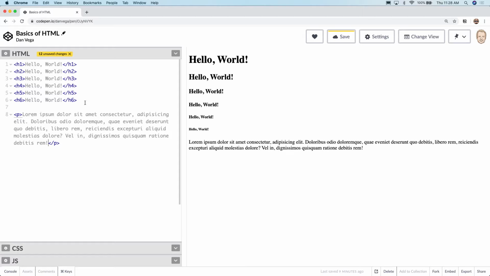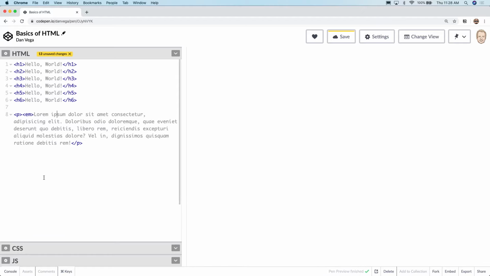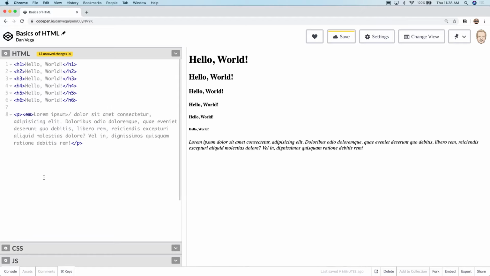So you can see now we're starting to develop some content for our page. We have different headings, we have a paragraph tag, and there's some other things that we can do inside of here. So let's say that we wanted to really emphasize or put some italics on these first 2 words. So we can use another tag called emphasis, which is going to give us some italics. So as we do that, you can see the first,